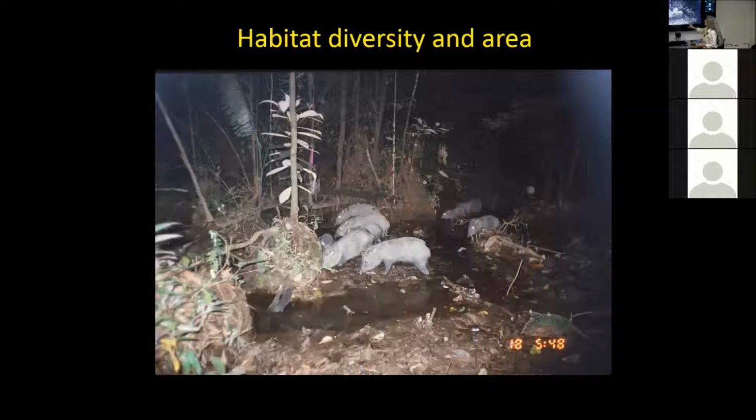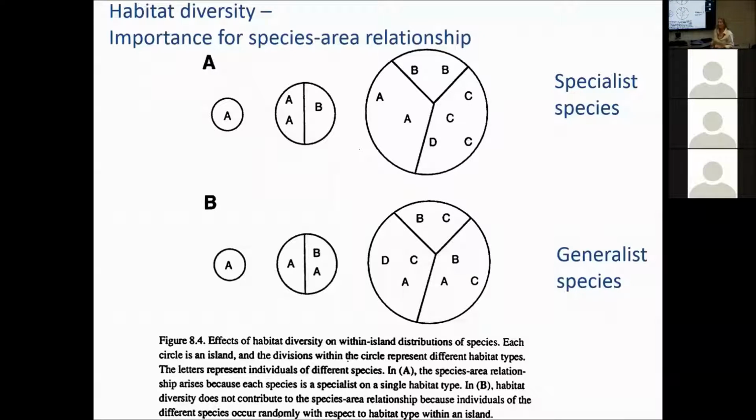And so, for example, in a really small forest island in the middle of the Amazon, you might not have one of these natural salt licks, or mammal licks in this case, where there's different kinds of soil and all kinds of big mammals and birds come in to feed on the soil. Well, in a really small island or forest patch, you might not have that kind of habitat present, which might affect the species that you find in that forest fragment or island. So the idea is that as you increase in island size or fragment size,